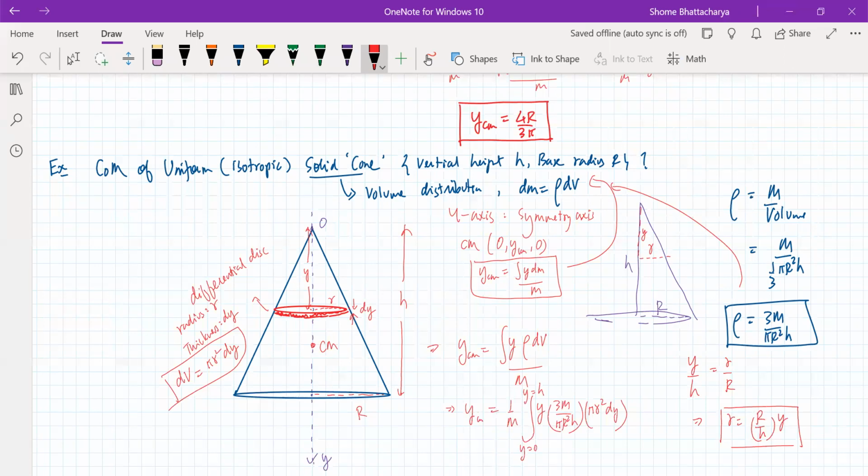Now when we are integrating, we see that r and y are related with this, so r has to be replaced in terms of y. That is where this constraint relation comes in. So make this substitution and try to work out this integral. It's not going to be a difficult integration, just that we have to substitute a few things and sort out the constants.